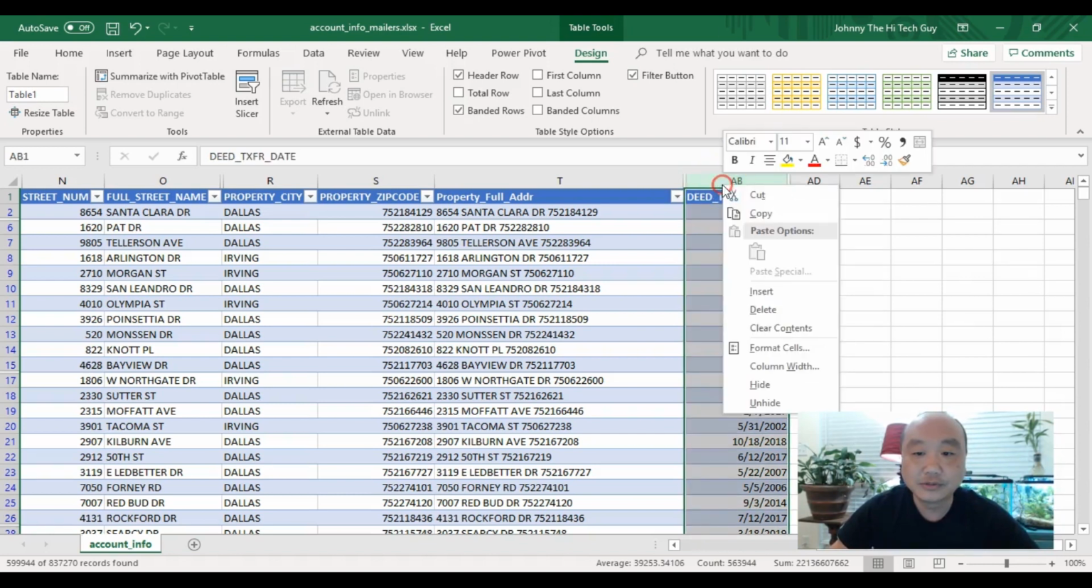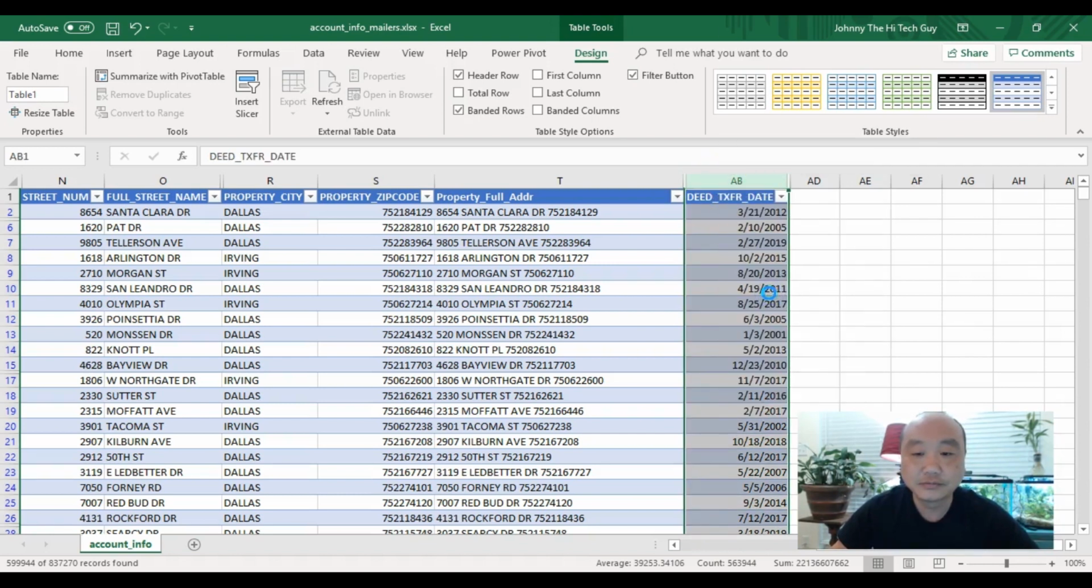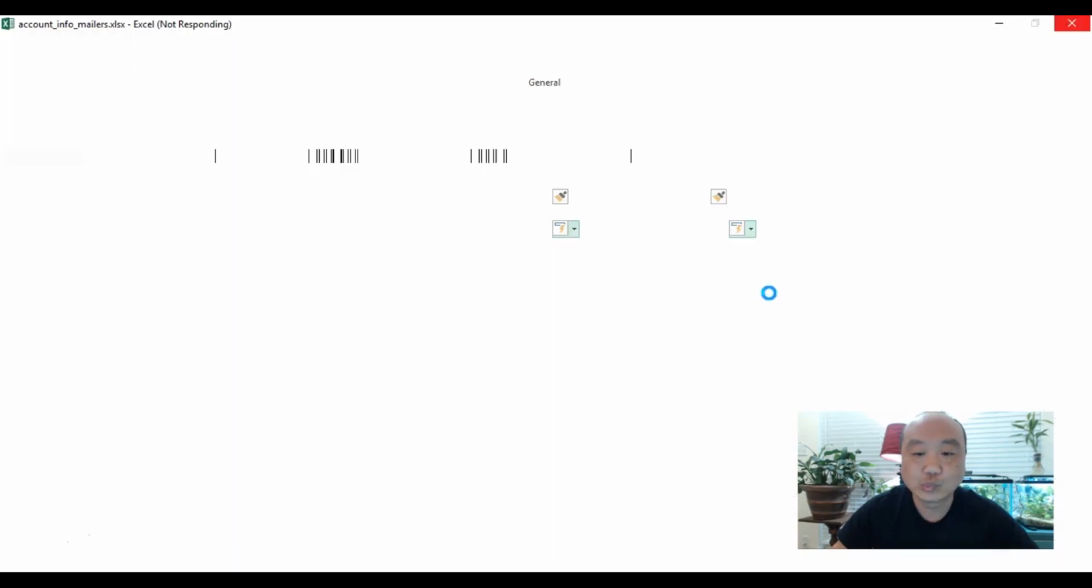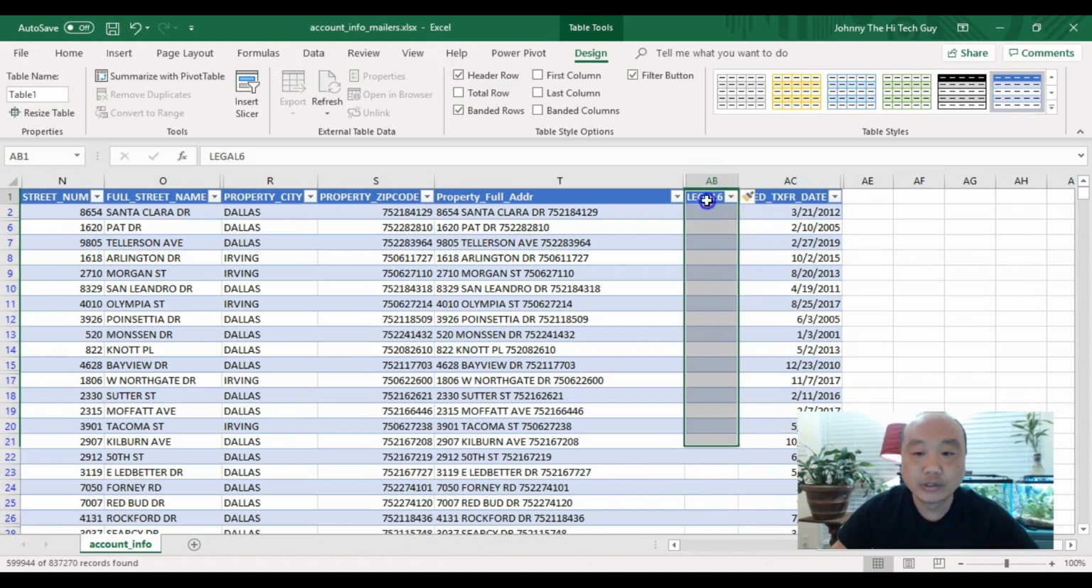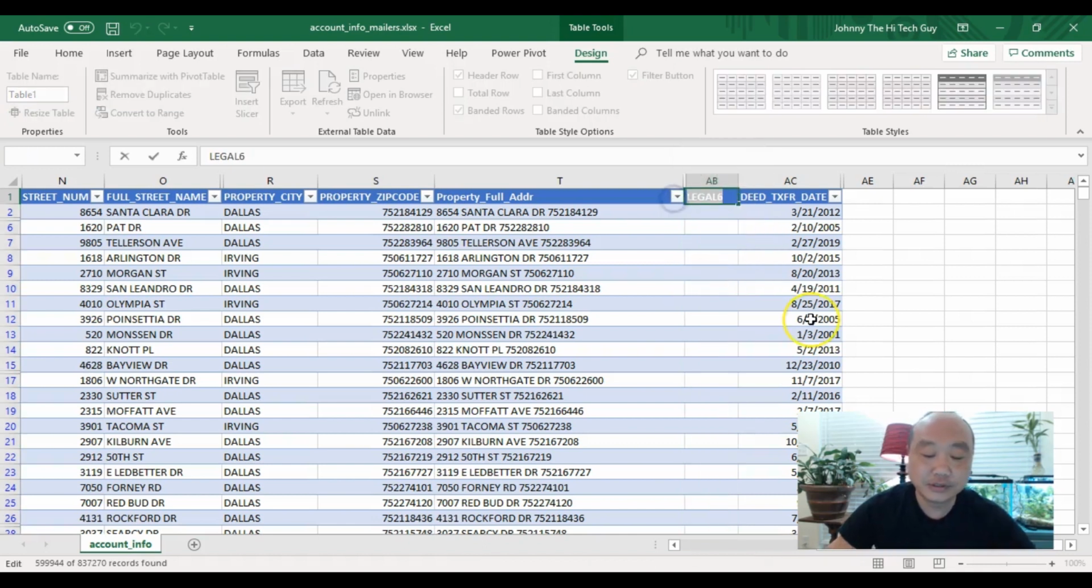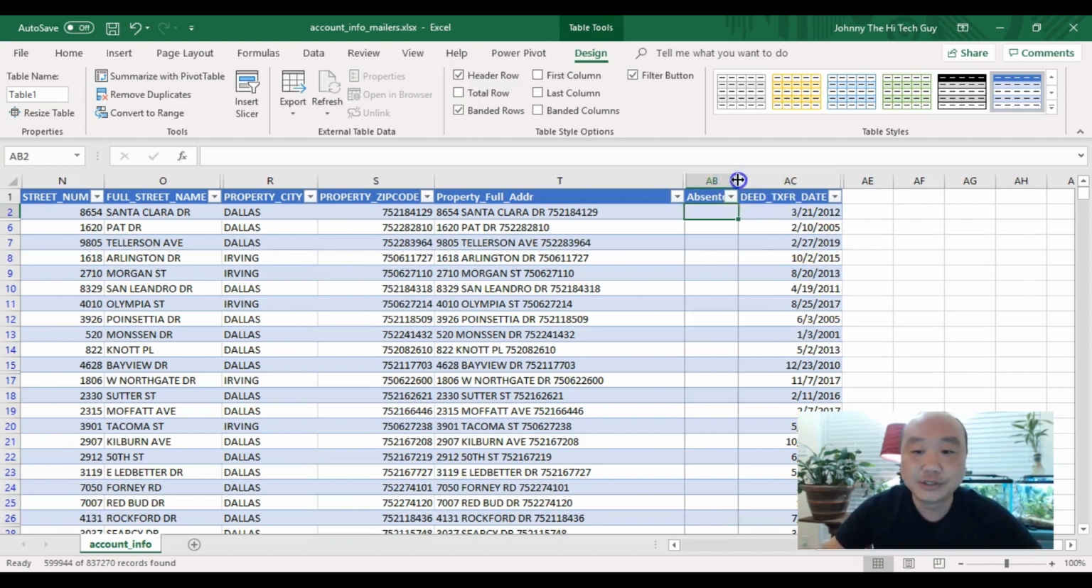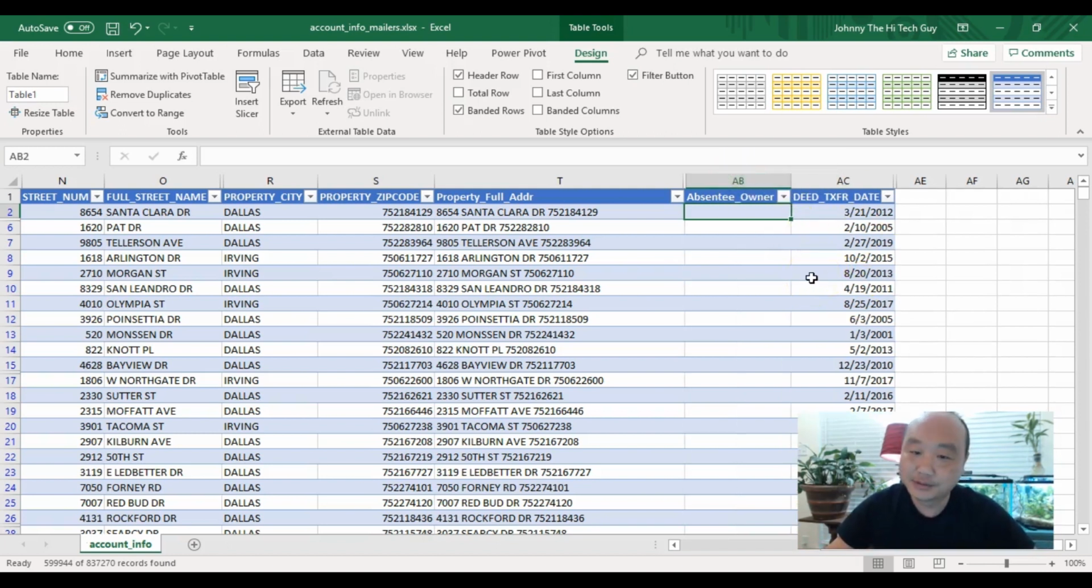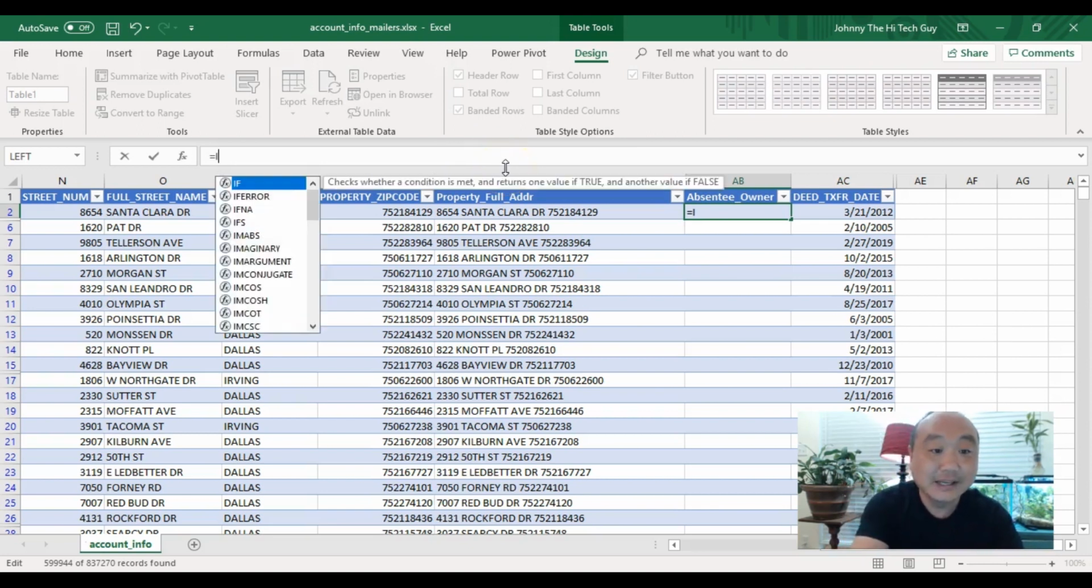Okay, so I am going to insert a field called absentee owner. So we're getting there, guys. Appreciate your patience. But this is the stuff that we got to do if we want to do it ourselves. Absentee owner. Okay, so we're going to click in this box here, and we're going to say equals, and we're going to say if,